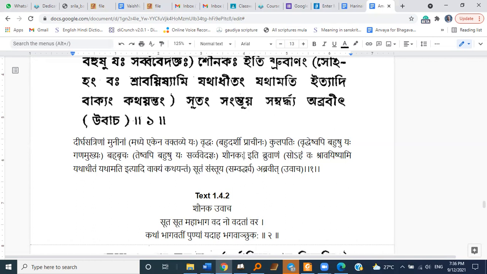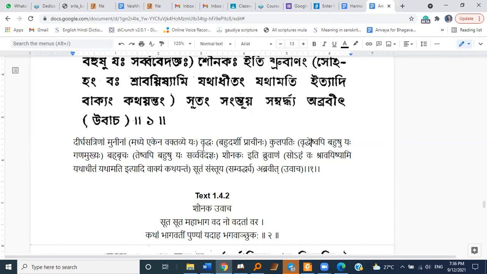Quite remarkable actually, because already it is said here that many of them were Vriddha in the sense very knowledgeable, well experienced. Many of them were leaders of their disciples, of their followers, this and that. And they were also the knowers of the scriptures. So to be the chief of such 88,000 rishis is quite a thing actually. Not only materially but spiritually as well. So such Shaunaka Rishi, he was Vriddha,